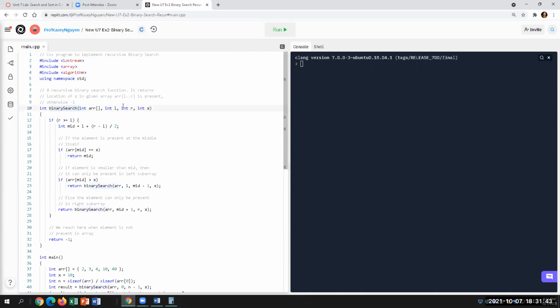You have a binary search function, and for your parameters, you're going to use the array, the variable L, the variable R, and the variable X. L is for left, R is for right, and X is your key to search. And when you use recursion, you have to think about how it's going to build on the prior